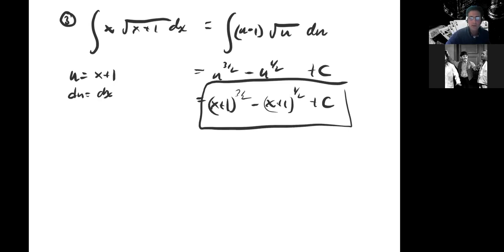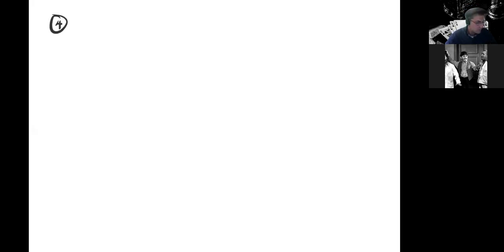Okay, so we now come to problem number 4, which is a work problem, and we're going to use the fact that 2 inches is 1/6 of a foot. We have to use everything in terms of feet, not inches, because work in the English system is always expressed in terms of foot-pounds. So a force of 5 pounds is required to hold the string stretched 2 inches beyond